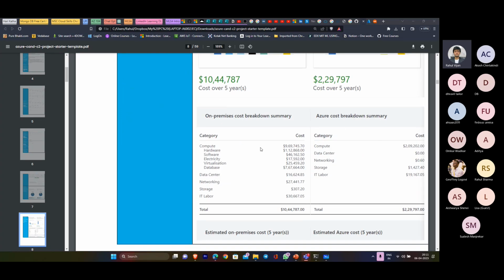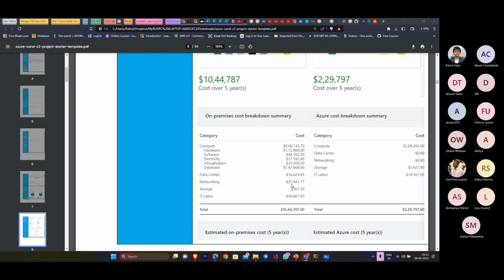And here you can see when you're doing it on Azure, you pay for the virtual machine, data center no cost, networking a little bit, storage and IT labor, basically your administrators, network checkers, etc. Your IT labor was way more, because they actually also needed staff for the hardware. Storage was less, all right. Networking was more, because you have to do it from scratch, getting connected to